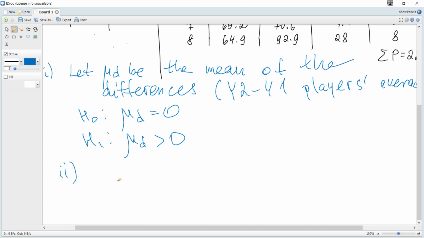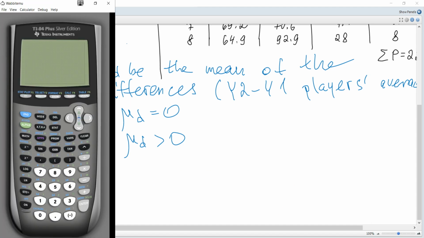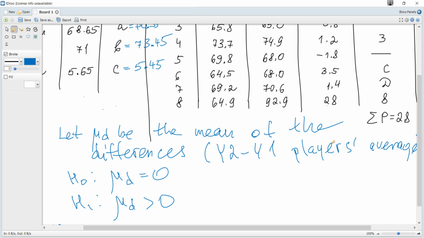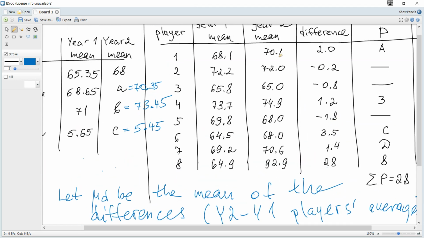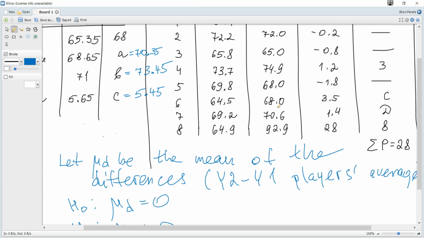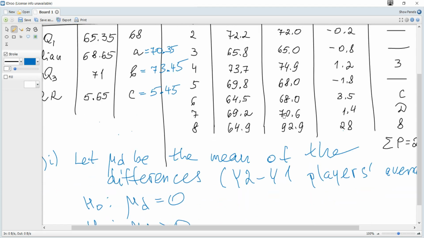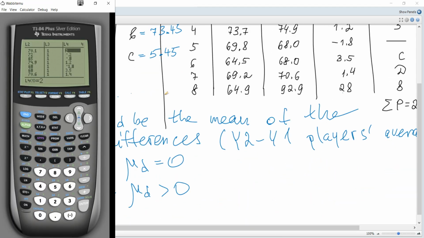Then how to perform this test? We choose again Statistics, stat, and we should enter the differences. Here it's alpha. Definitely it's already given, but it's clear how to calculate it. It's just this minus this, because we consider year 2 minus year 1, but it's already given, so you just enter it, it's L4,